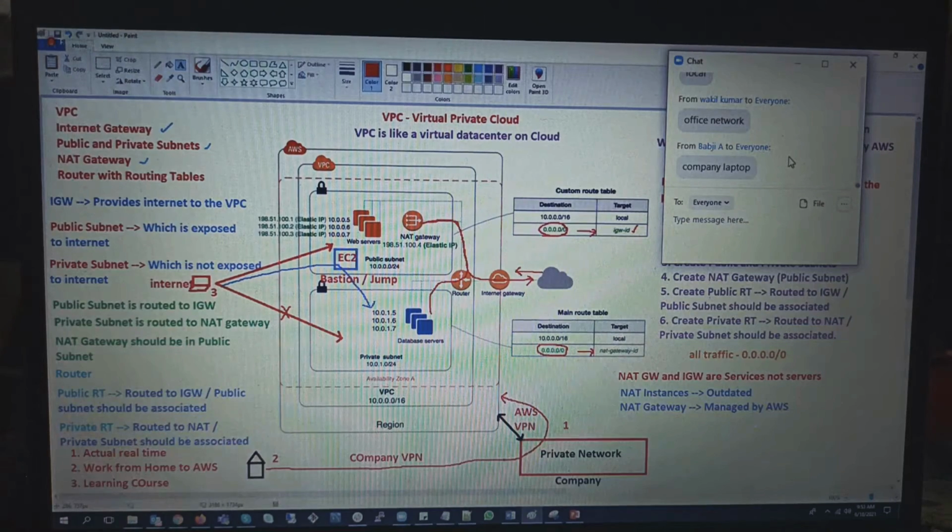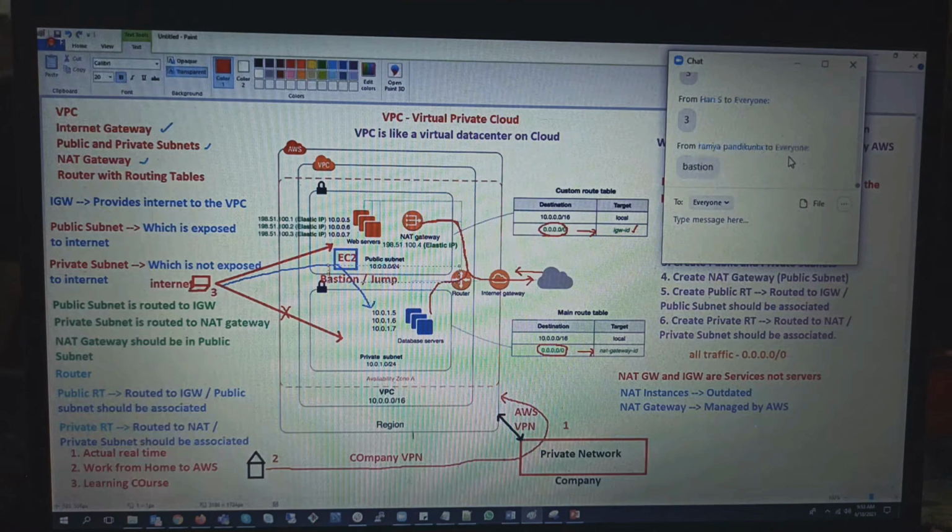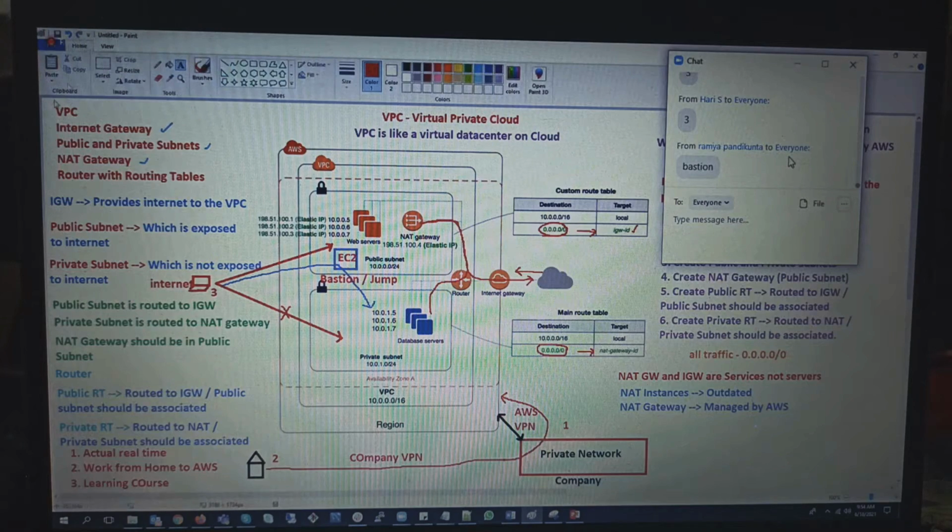In which scenario are we here? 1, 2, or 3? 1. Understood? So in that case, we should be using our Bastion server or Jump server, right? When you are in the company, there is very less chance that you will go this route. From your company, you will go to Bastion? Very less chance, because that is not secure at all. That's the reason Bastion is only used to connect from the internet, and for the rest everything you should go via VPNs only.